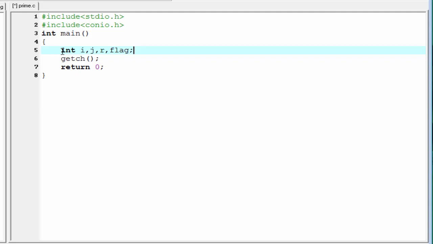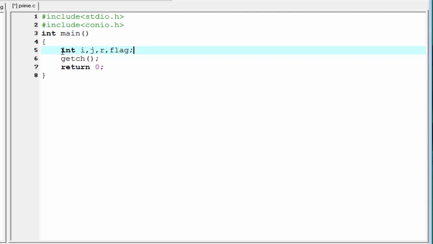In this program we gonna use nested loops. I think you know what nested loops are. The basic logic is simple. When we use a loop inside another loop, then it is called a nested loop. Here we gonna use two for loops. The outer loop is going to run from 2 to 100 and the inner loop is going to check whether each number from 2 to 100 is a prime number or not.